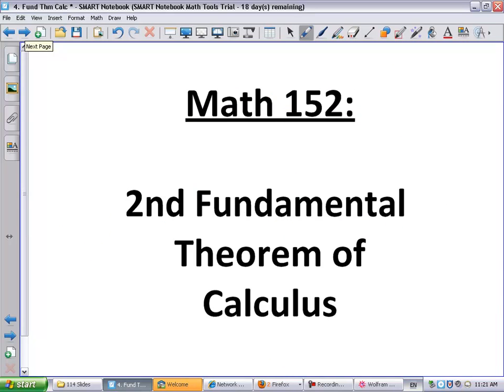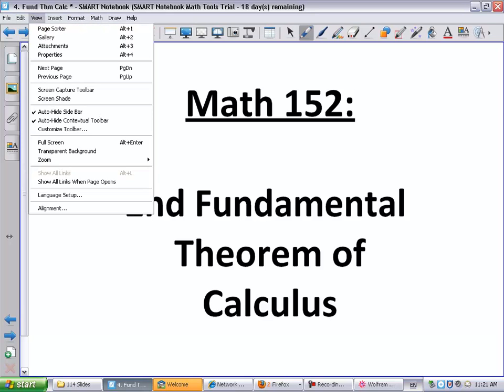All right, now we're ready for the second fundamental theorem of calculus. This one's even cooler. This is the one that's going to give you that shortcut for taking integrals. So what this theorem says,